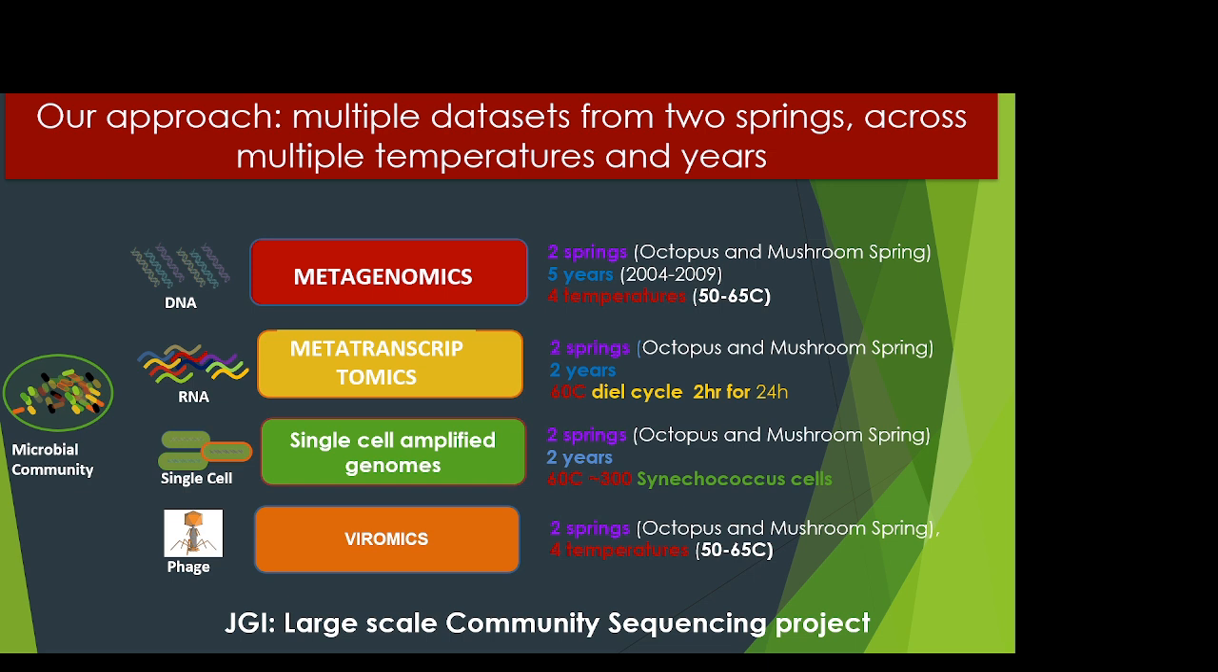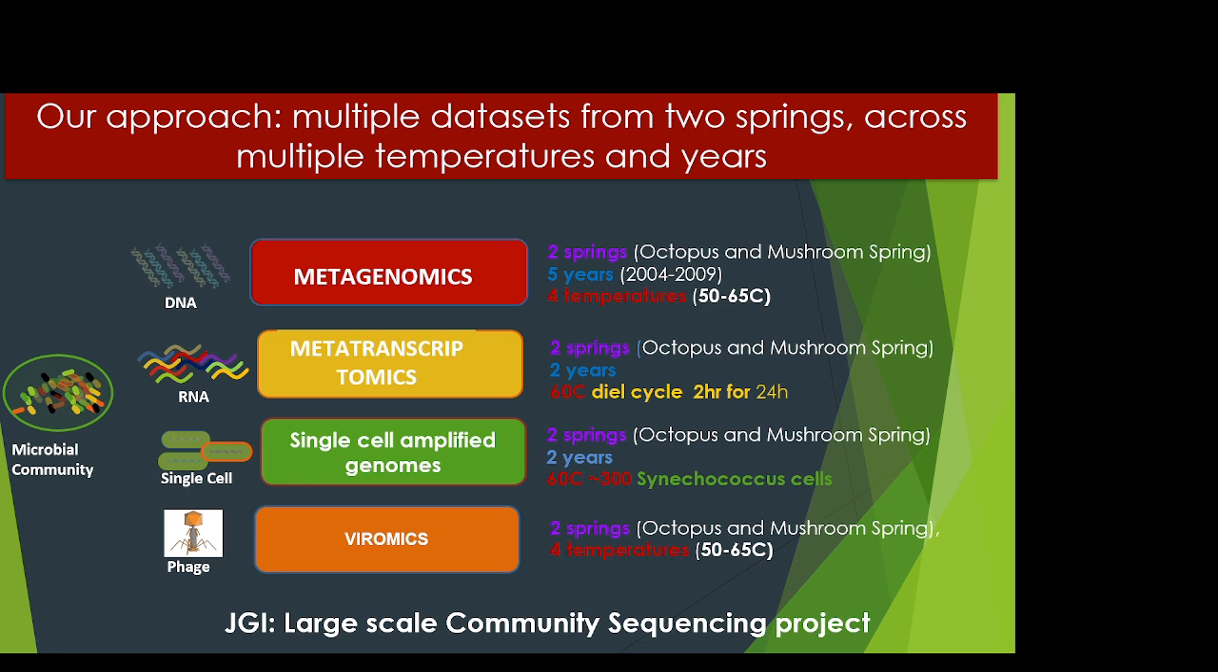So what we did in a nutshell is we asked them, very ambitiously, that we want metagenomic data from two different springs, Octopus and Mushroom Spring, to see if there are any differences. We want to do it over a time series, because then you can see what changes are happening. And we also want to see what the differences are across a temperature gradient. So almost as much data as we could possibly hope to get. We also asked for